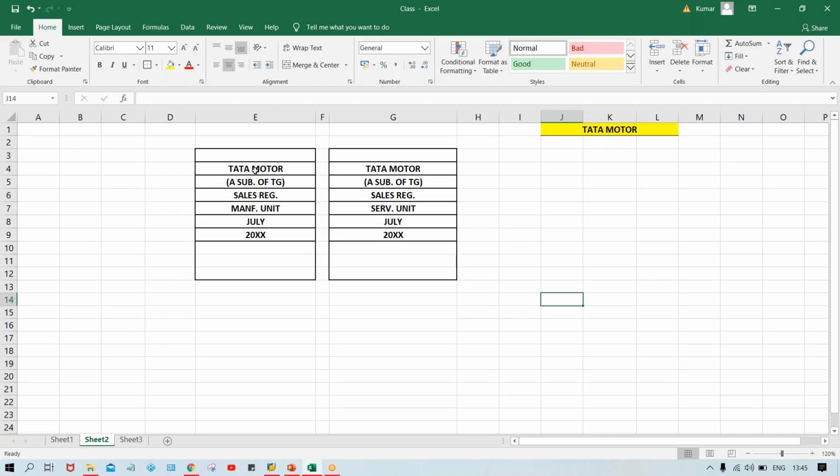Now subsidiary level, in the sense Tata Motor level. If it is required, then what is happening, guys? The manufacturing unit and service unit, both are going to be added. Say for example from this one, 100 million rupees or dollars of revenue got generated, and here around 25 million dollars revenue, right? So if there is a requirement from management for this particular period,